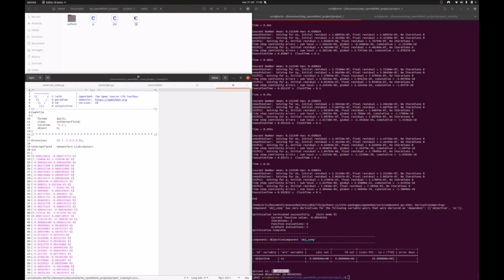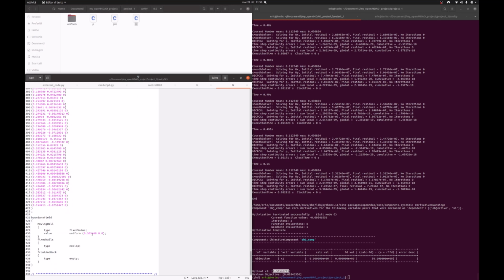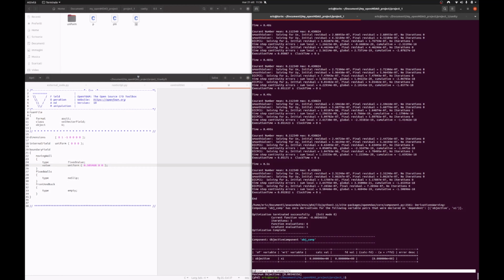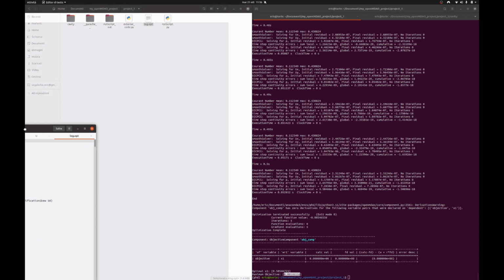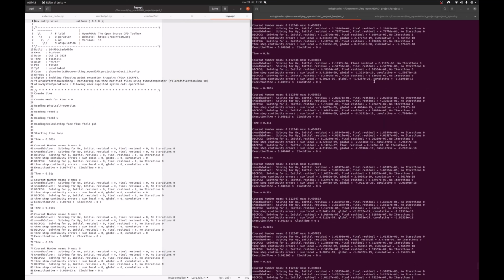Let's see. 54, 68. No, okay, it's the same. Okay, never mind. We change the value of this. So we know that this is the optimal velocity to have the minimum value of pressure. And if we go and look in the log file,